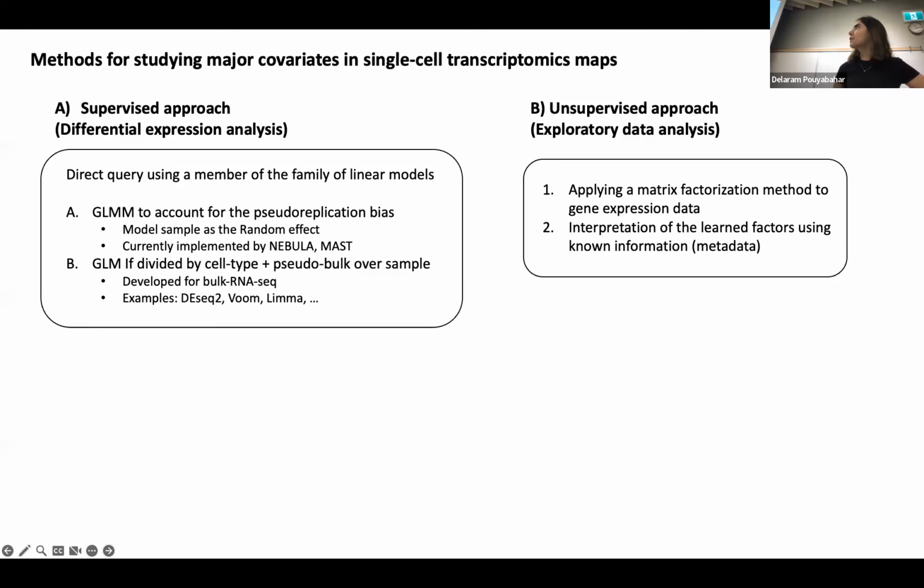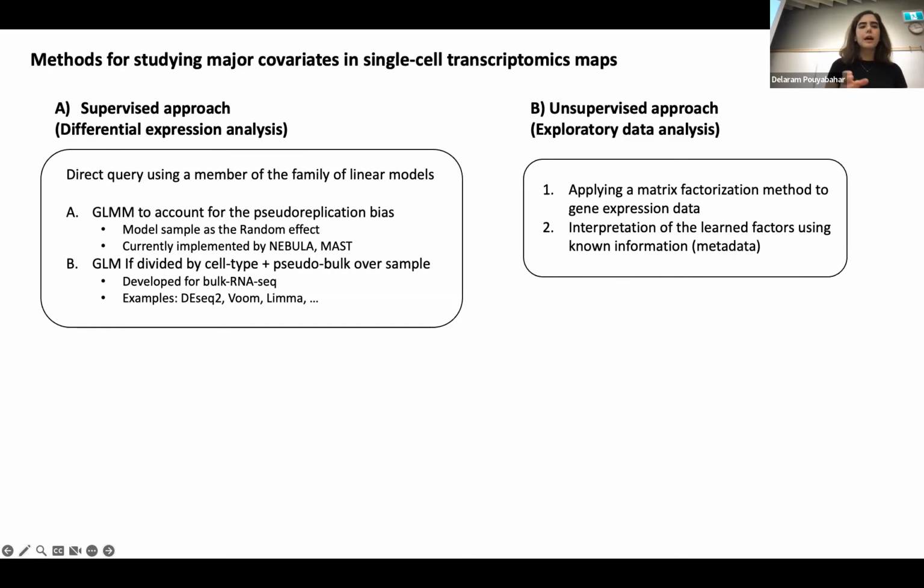Okay, so what are the different methods for studying each of these covariates? I think one useful way to think about this is to split this into supervised and unsupervised approaches. What I mean by supervised approaches is the differential expression analysis, which we comprehensively discussed last time. Brandon walked us through the different differential expression approaches that are out there, and the current computational challenges with each of them. But basically,